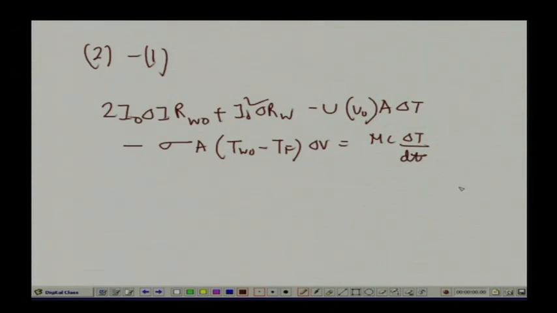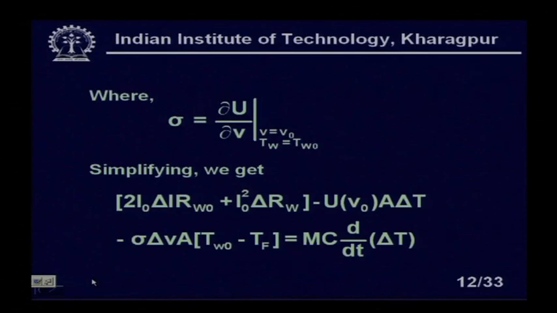So, let me go back to the PowerPoint presentation again. So, this is our expression, right. Yes, right. So, this is sigma equal to the partial derivative of u with respect to v when v equals v naught and T_w equals T naught. If we have these expressions,